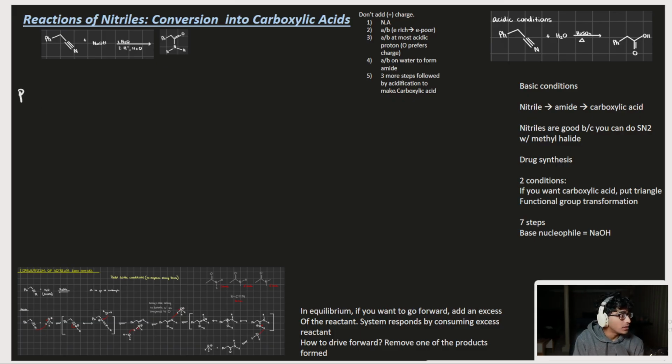Let me try to be neat in this one. Okay, right here, we make it a carbon actually. Okay, OH is negative. Every time you have a negative, it's basic, and when you have a positive, it's acidic. So in the other example, we were in acidic conditions, and this entire mechanism for the acidic condition, now we're in basic. So you could look at the difference